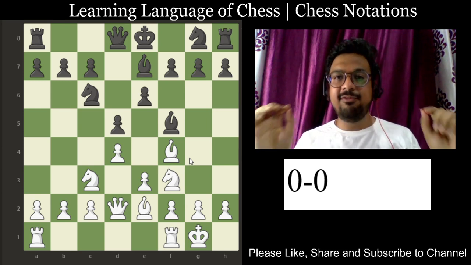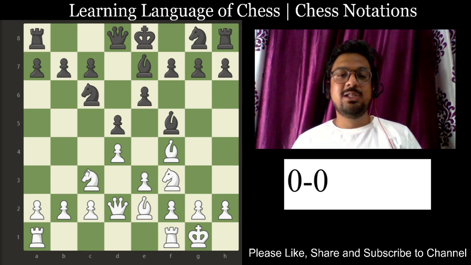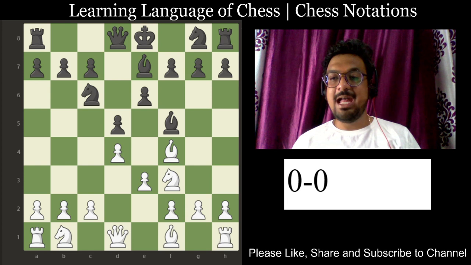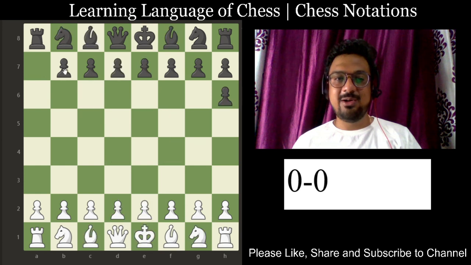And now comes the final notation that you must remember, and it is one of our favorite notations. It rarely happens, but when it happens you become the happiest person in the world. So just imagine that all these pieces are gone. Let's take them out. And this pawn starts a journey towards the king side, and superbly reaches